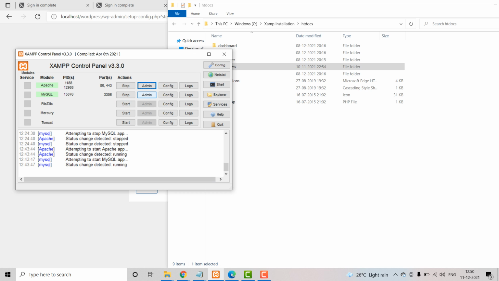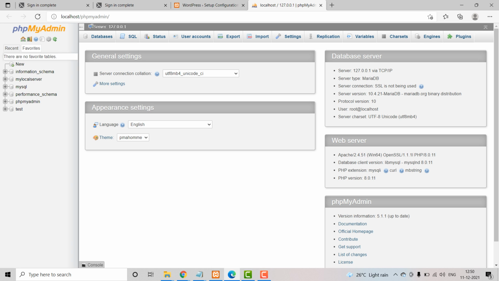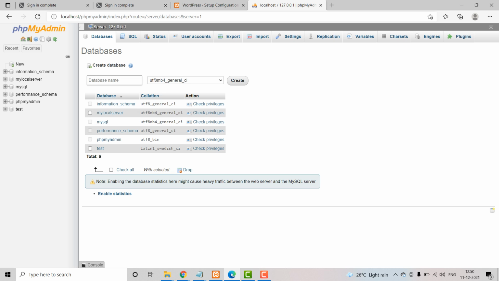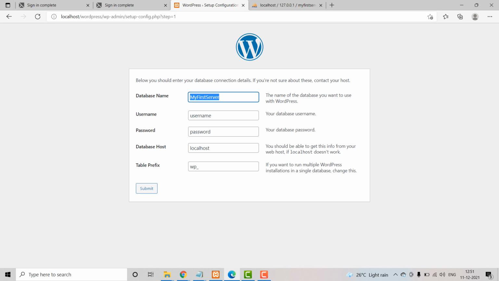Under MySQL, click on admin. So it will open PHP MyAdmin page under localhost. Click on the new button over here and give the database name that we had entered and click on the create button. So here our folder or the database is created. We can close this and go back to our